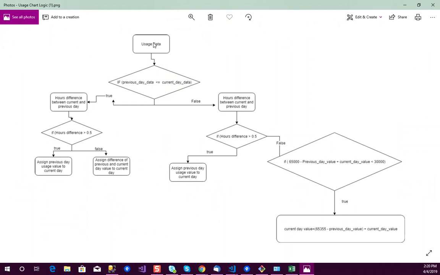For example, we have usage data, and if we want to identify the current day usage value, first of all we check if the previous day value is less than or equal to the current day value. If it is true, then this means that we get the greater value from the previous day. After that we calculate the hours difference between the current day and the previous day. If the time difference is greater than 30 minutes,